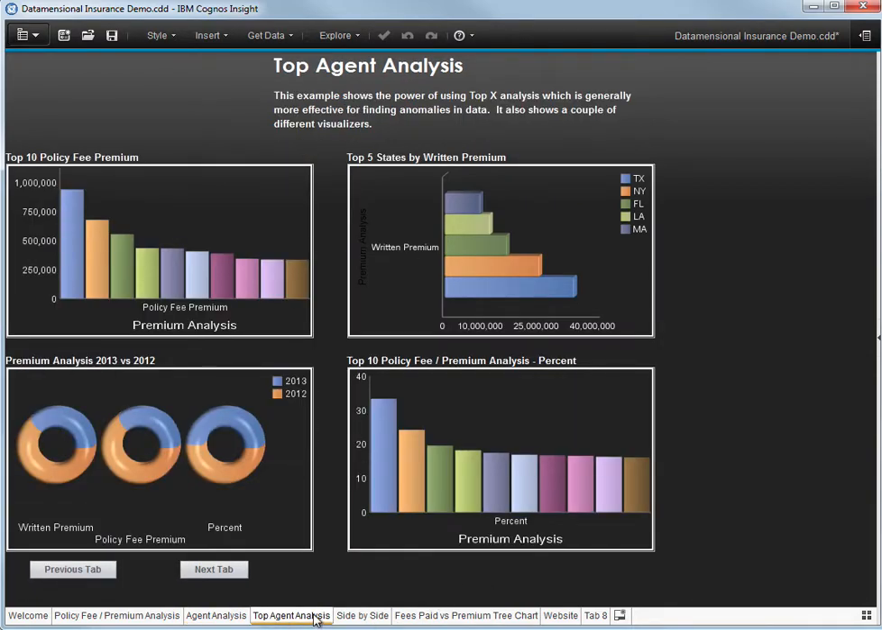And here's another, just a top analysis that's pretty useful. I got my top 10 policy fee premium by policy fee premium for each agent. So it just shows me the top 10 for that. It shows my top 5 by where we're doing our most business, and it looks like it's with large states generally. And I also have premium analysis of the 3 major measures in this, which is the percent of